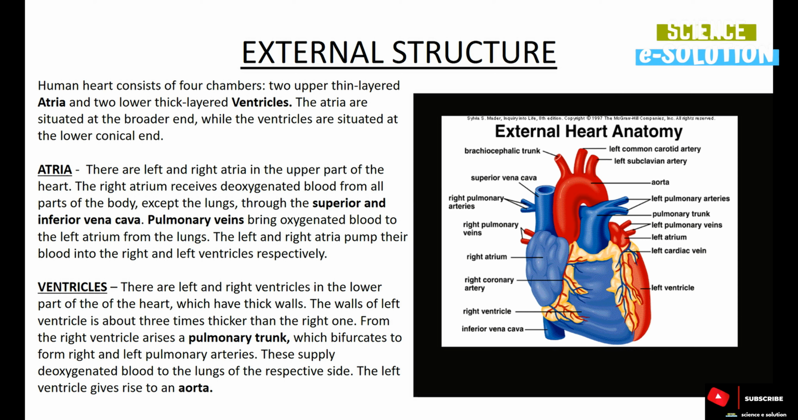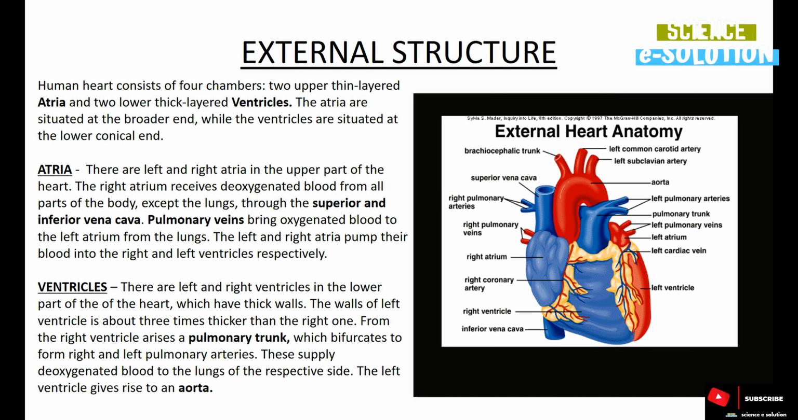So guys, ventricles. There are left and right ventricles in the lower part of the heart, which have thick walls. The wall of the left ventricle is about 3 times thicker than the right one because it has to pump the blood with greater force so that the oxygenated blood could reach all the parts of the body. From the right ventricle arises a pulmonary trunk, which bifurcates to form right and left pulmonary arteries,